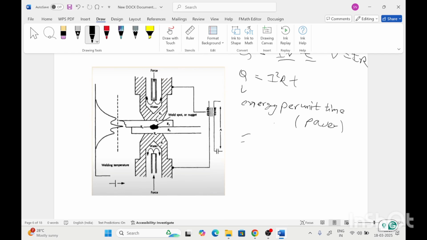I is the current in amperes, V is the voltage in volts, R is the resistance, whose unit is ohm, and t is the time